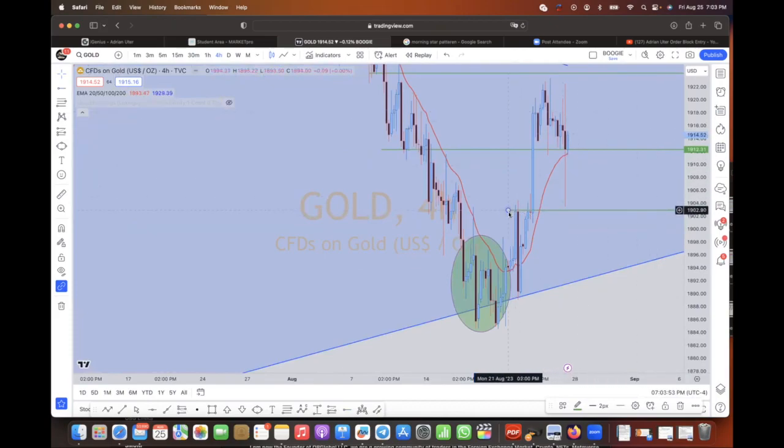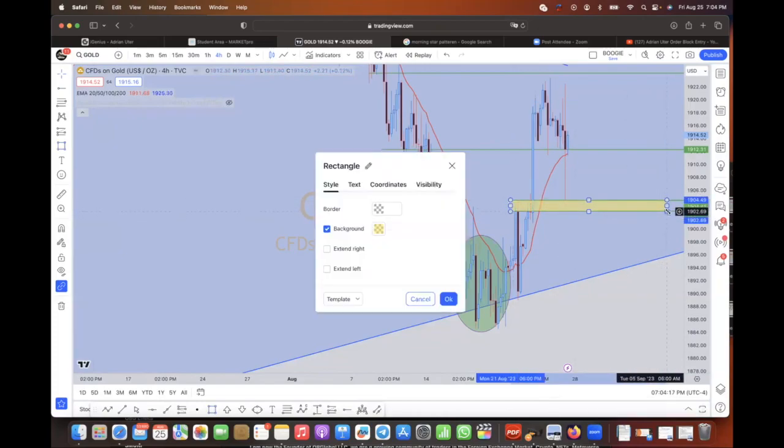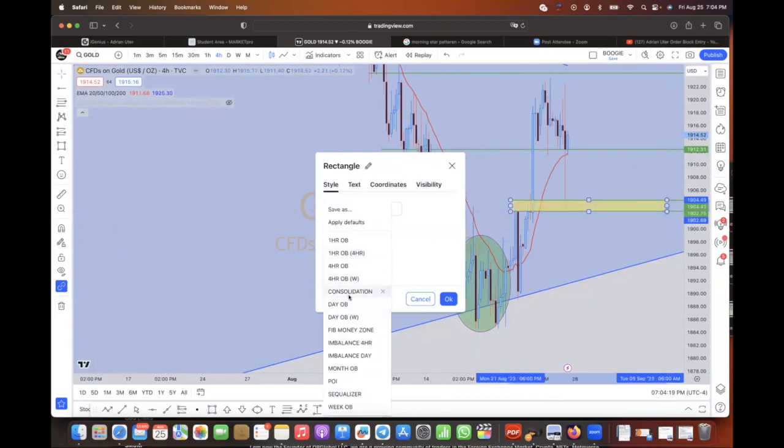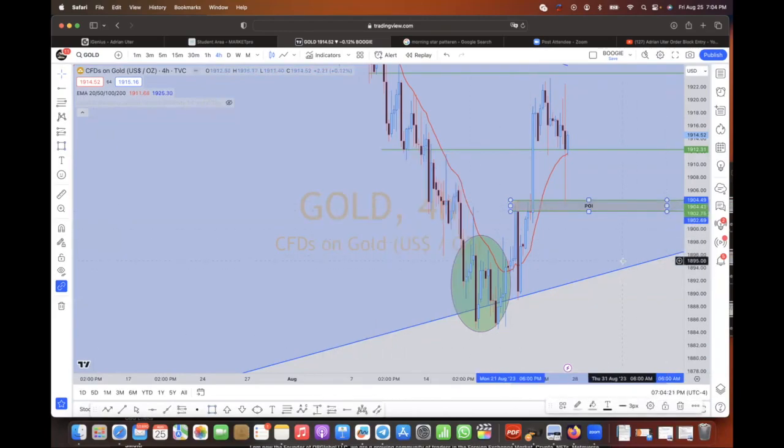I want y'all to see this real clear. We got the body and we have the wick. We just created a what now? What did we just create right here? You just created a zone, family. We just created a zone based off this body, which is the high, the body, but also we got to